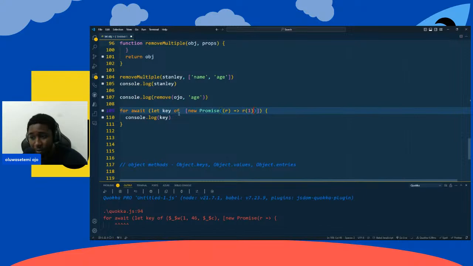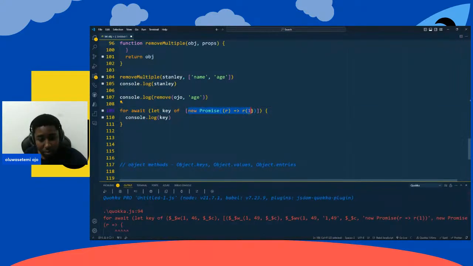So if we have promises here that we are passing, yeah, I think this should be possible here. So this is a promise here, right? And what I'm trying to say in essence is that you can, if it is